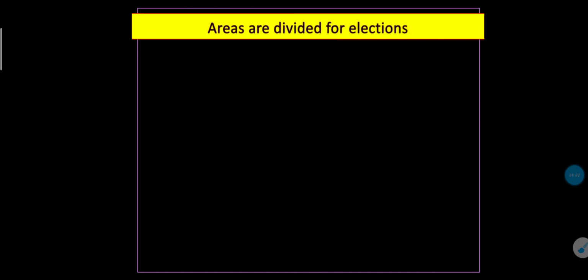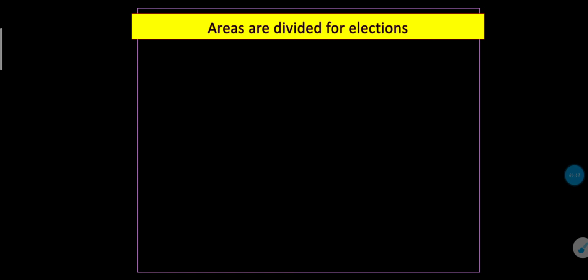First we have to know that for elections, areas are divided into many parts. It's not possible for all the people of our country to travel to a particular area and give their vote there. So it is easier if we divide into sections, choose leaders in each section, and then continue our election system.